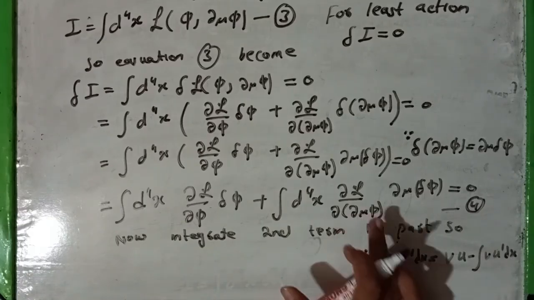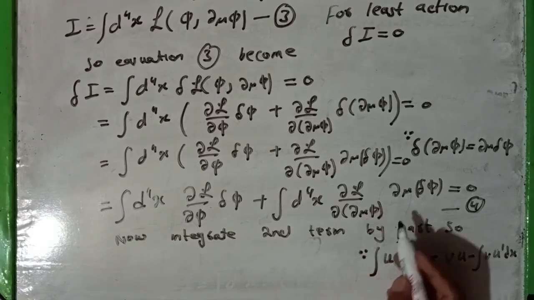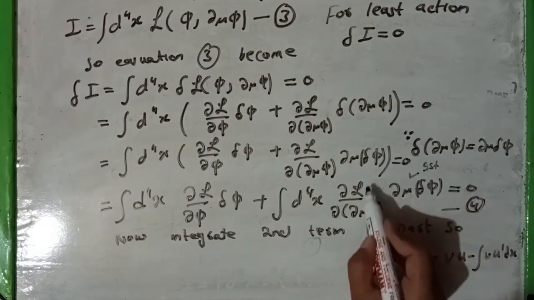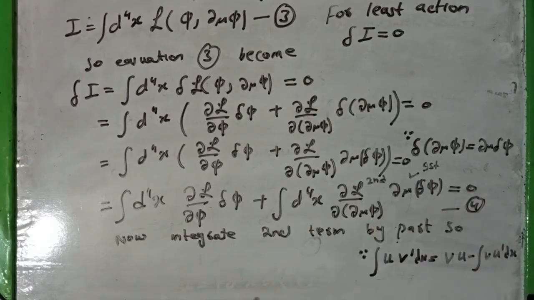So in the second term, if we consider this as the first function and this as the second function, this becomes